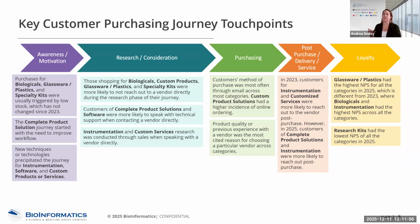Finally, we look at new technologies or techniques. Those precipitated the journey for instrumentation, for data analysis software, and for custom products or custom services. When we move into the research and consideration phase, we see that those shopping for biologicals, custom products, glassware, or specialty kits were more likely to not reach out to a vendor directly during the research phase of this journey. So they felt that they were knowledgeable enough to not need the vendor's help when selecting a product